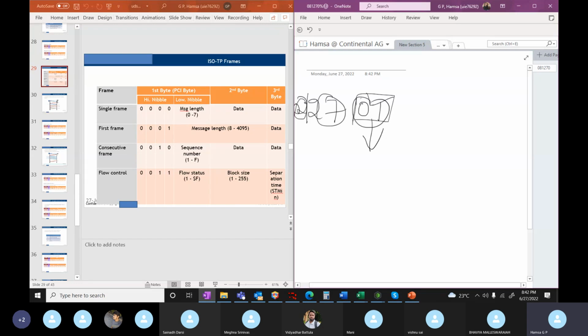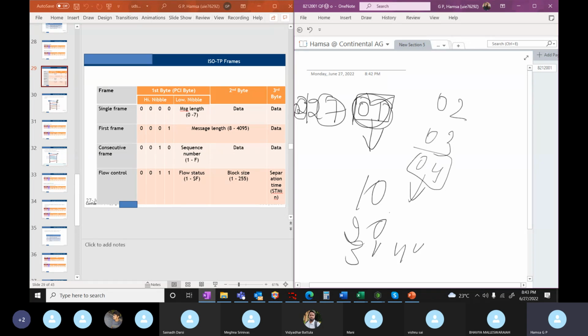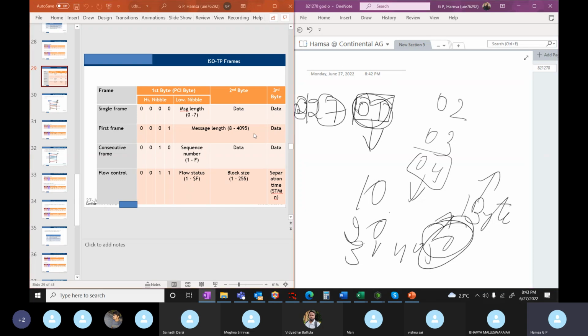Generally, whenever you write 02 or 03 or 04, whatever you write, you can write 10, 20, 30, 40, 50, whatever you write, this is called 1 byte. It's in hexa. You guys know, right? We have also already discussed. So if you have to convert this into binary, I'll convert